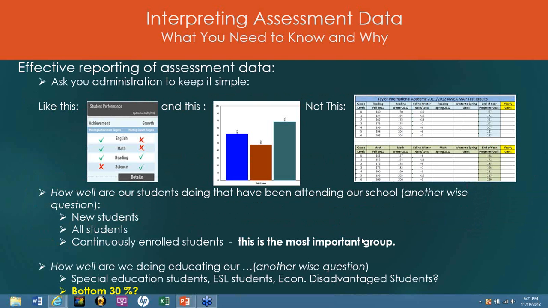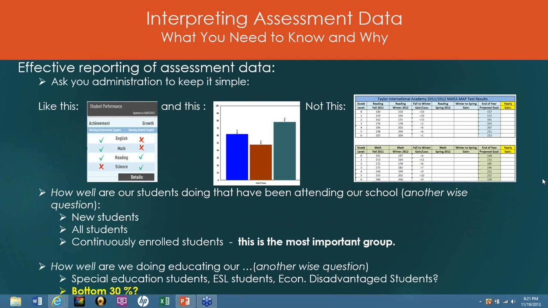So what else? Other than school level data, it is important to look at some groups. It's interesting to know what your baseline data is, the new students coming in. It's always good to look at what the data is for all students. And I would say the most important of all, and this goes back to your charter contract, what we call